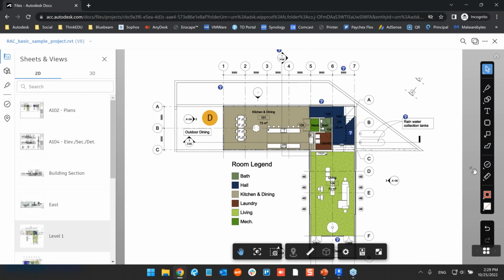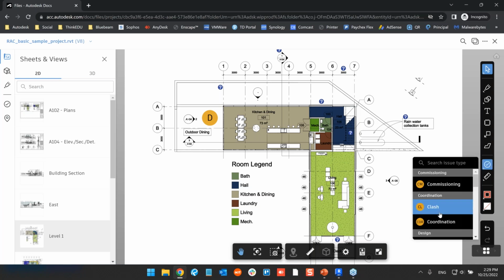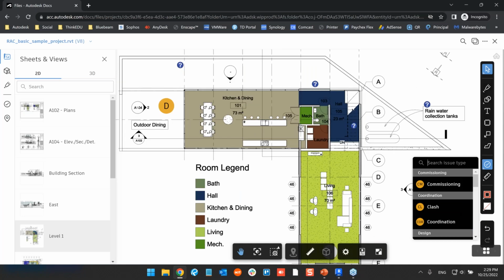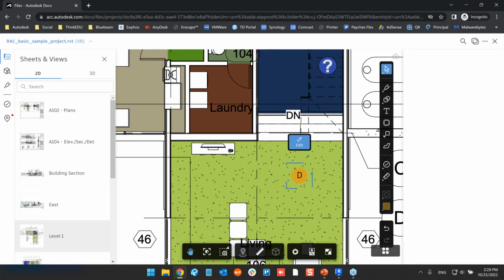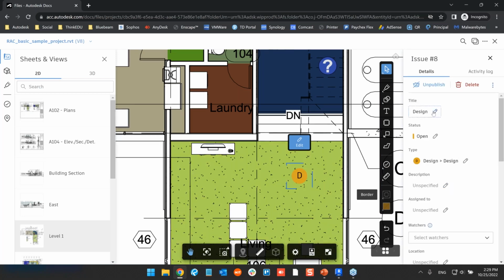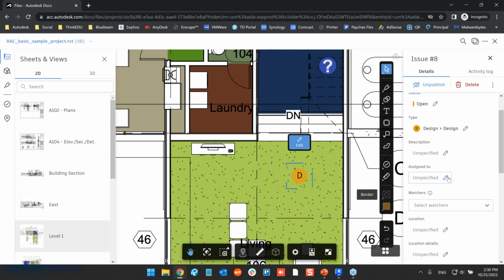All right, and another item that I'm going to point out here is issues. So if we click issues here, and let's say we spotted a certain design issue here. We'll look for design, we'll drop a pin here. And so what you can do here is add information. So you can say, wrong material here, for example. We can say, okay. You can have a status for this. You can define the type, description. You can assign this to an